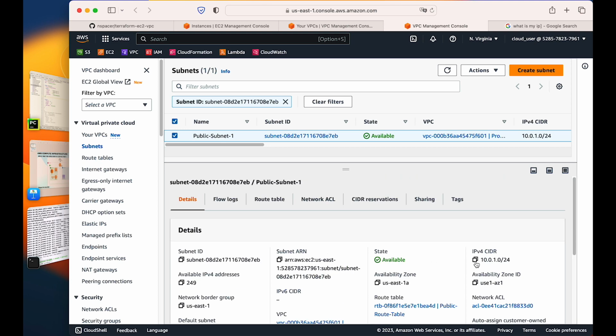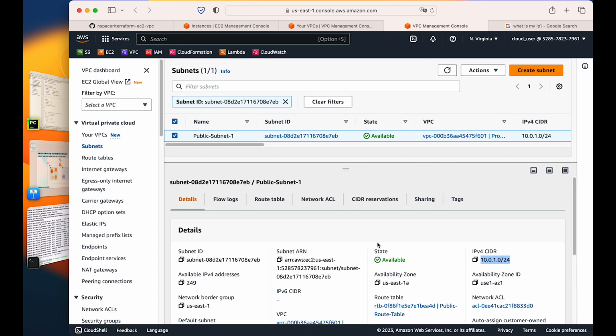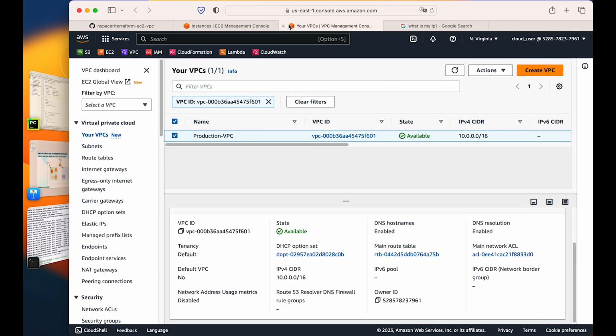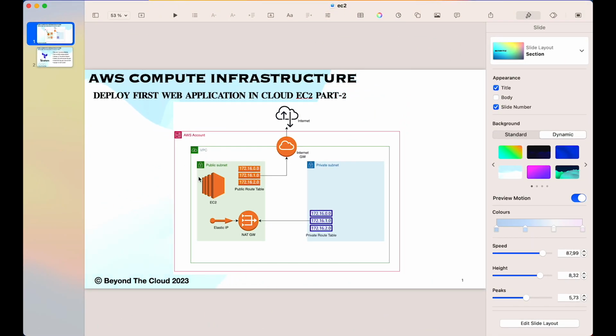If you see the CIDR range 10.0.1.0/24, and if I go to my EC2 instance, I see 10.0.1, this is the range. 1.209 is the address that has been allocated to my EC2 instance. So this is the public subnet, and it holds my EC2 instance. So this is fine. What we have done till now is create one EC2 instance